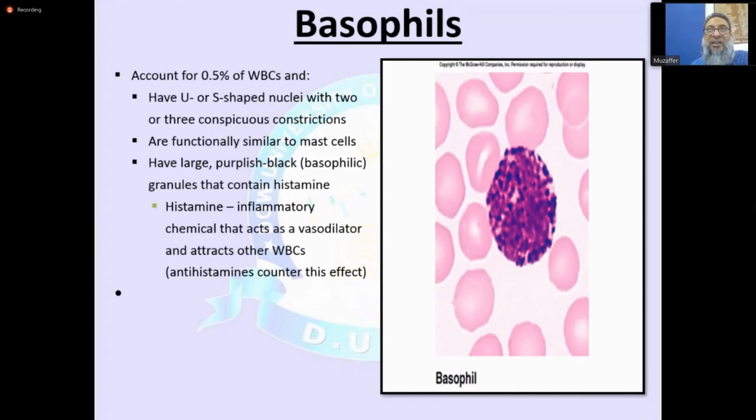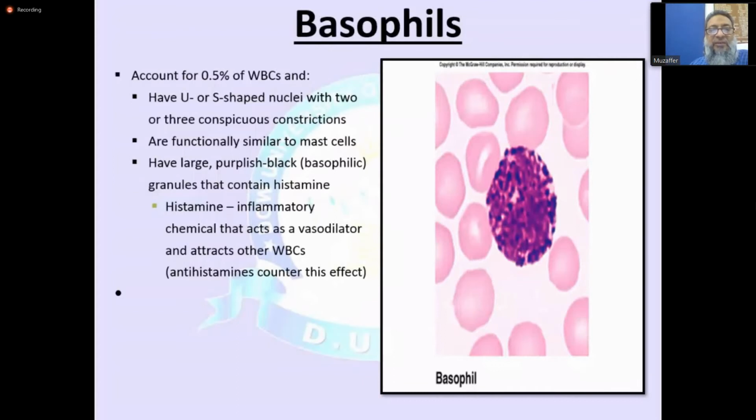The mast cells we always find outside the blood vessels, but basophils are inside the blood vessel. But whenever required, they can migrate by the process of diapedesis. And when they degranulate, they release this histamine, which acts as an inflammatory chemical substance to produce a vasodilator effect. And when vasodilatation occurs, it gives the way for the other cells, the white blood cells, to easily migrate toward the site of the infection. So that is what we call diapedesis.